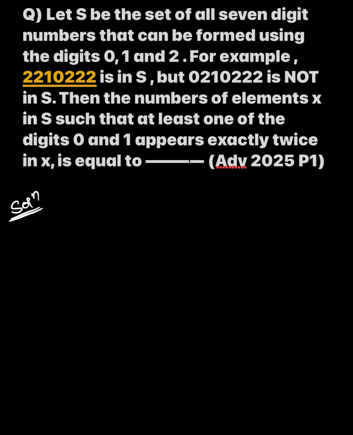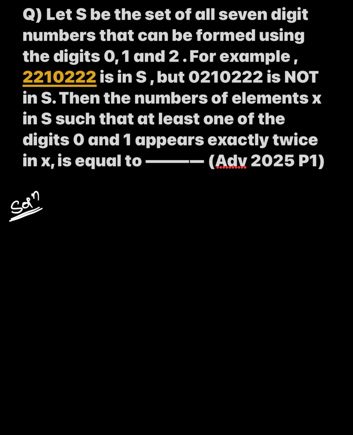Now coming to the question, let S be the set of all 7 digit numbers that can be formed using the digits 0, 1 and 2. They have given how to frame a 7 digit number also. For example, 2210222 is in S. This type of numbers is allowed, but